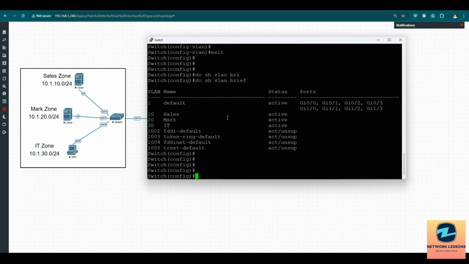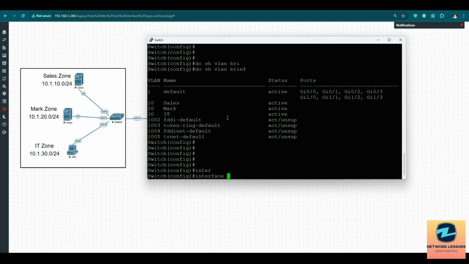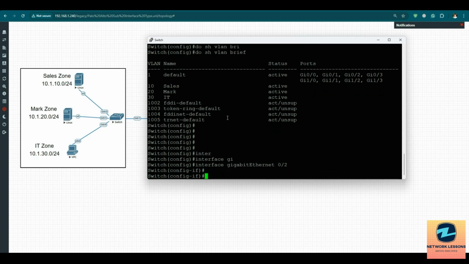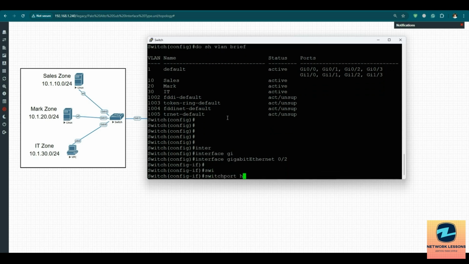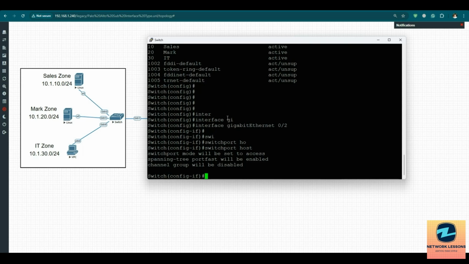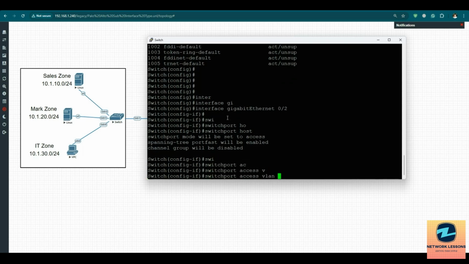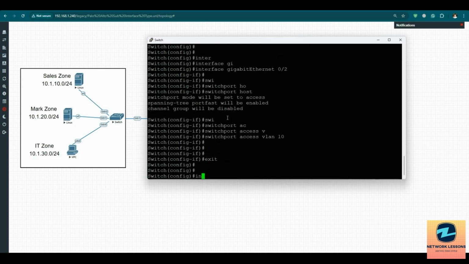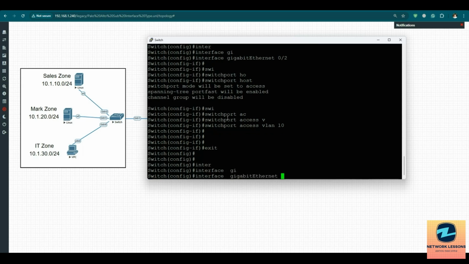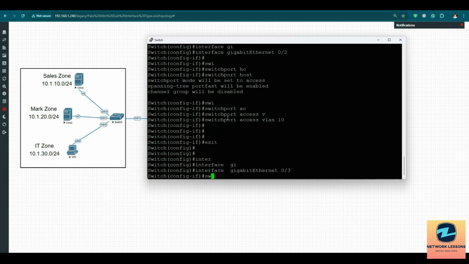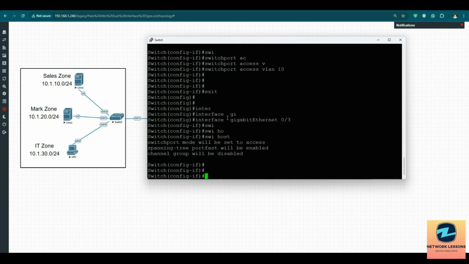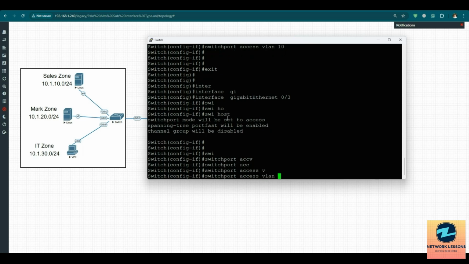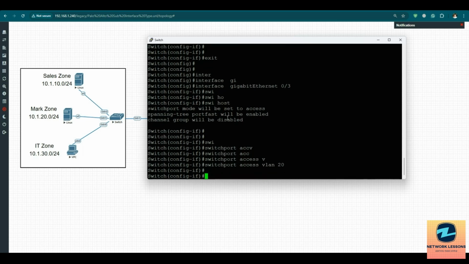part of it, right? So I'll go to interface gigabit 0/2. This is going to be part of VLAN 10. So I'll say switchport host, and then switchport access VLAN. My VLAN is 10. Okay, exit, and then I'll go to interface gigabit 0/3 switchport, and then switchport access VLAN 20, and then third one is